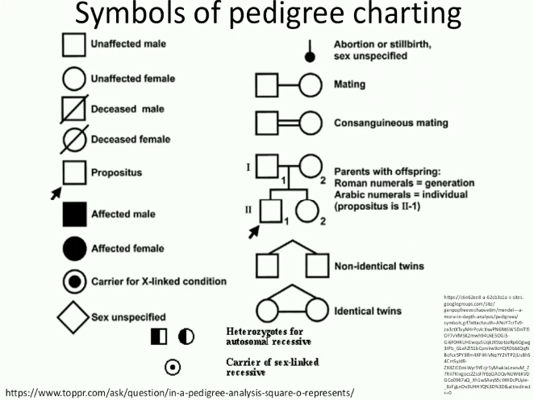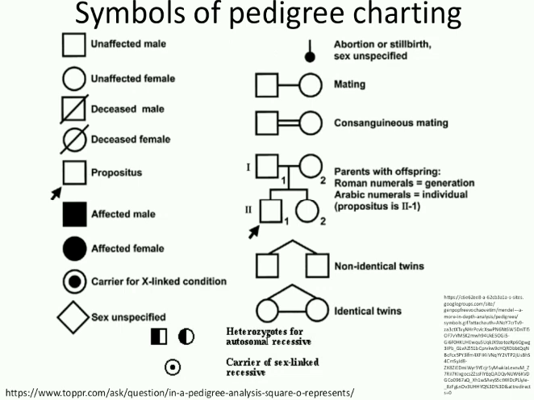On the right side, on the left side and at the bottom there are some symbols. Let me make it very simple. Already you are aware of these because they are taught in your schools. If you draw an empty square, that is an unaffected male. An empty circle is an unaffected female. If you cross the square or circle, that shows that the male or the female person has died. If you shade the circle, it is an affected female. If you shade the square, it is an affected male. If you put a dot inside, that indicates that person is a carrier for the particular gene.